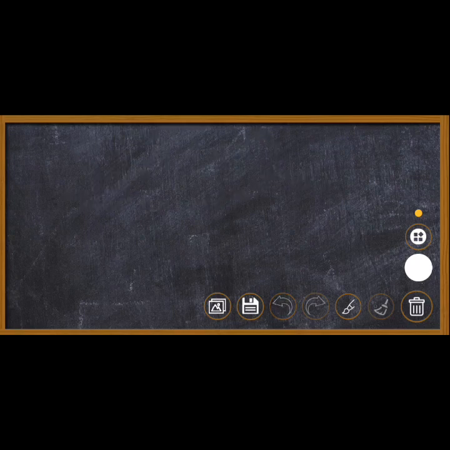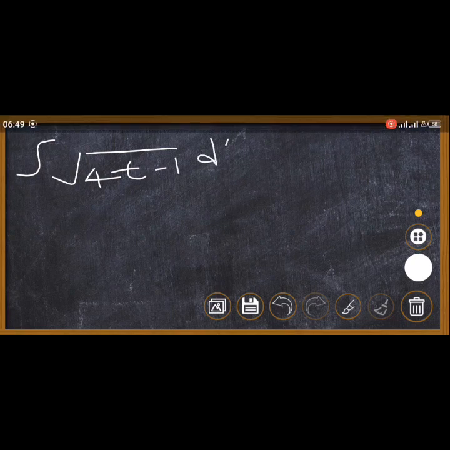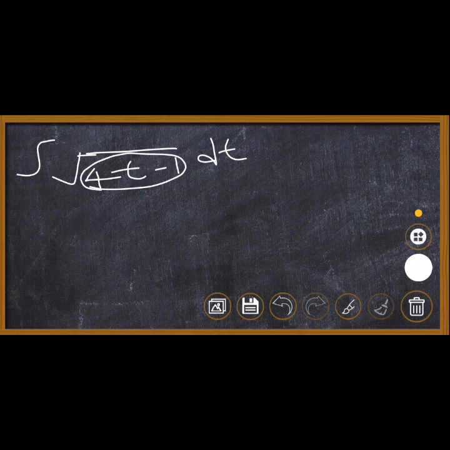Let's say you have been asked to integrate. Our first example is where you have the root of 4t minus 1 with respect to dt. In this case, our first step is to let this algebraic expression equal a single variable. So we are going to say let u equal 4t minus 1. After you are done with this part, you differentiate the given expression. So let's do that. We are going to have du